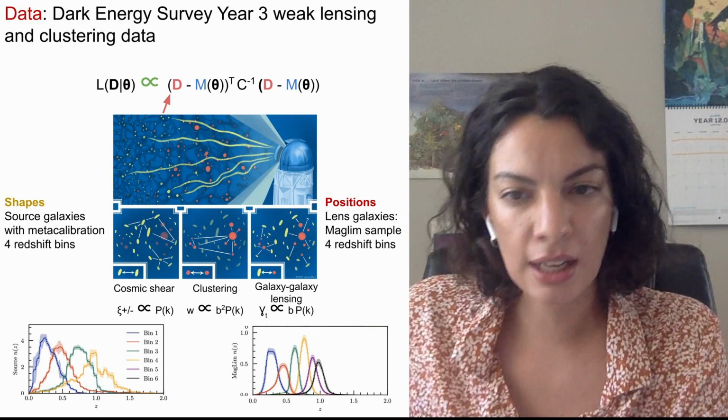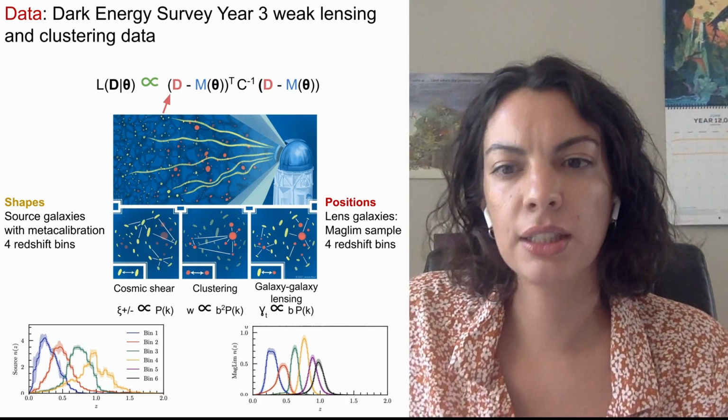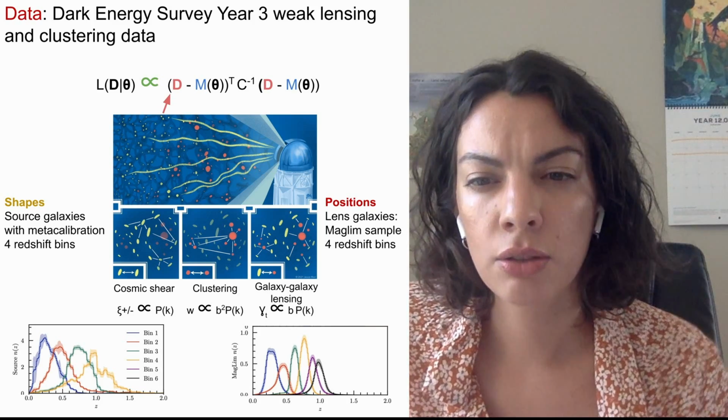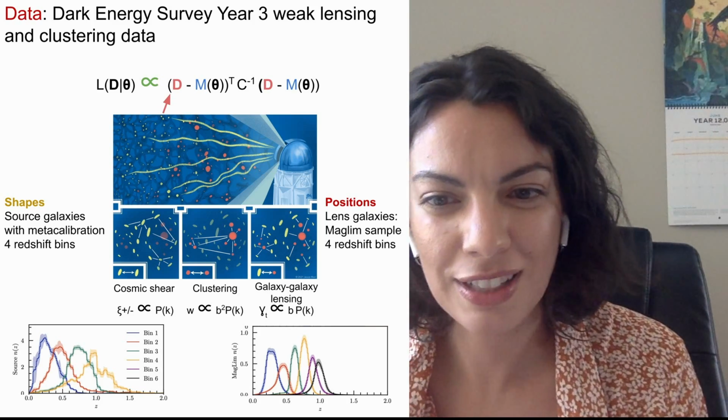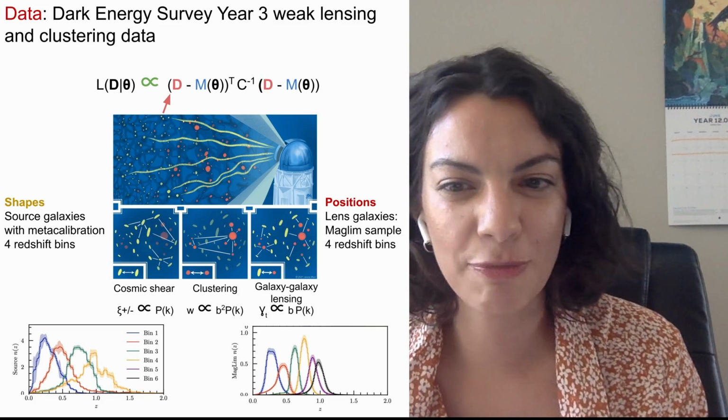And for the lens galaxies, we use the MagLim sample in 4 redshift bins. So you might see here at the bottom right that there are actually 6 curves, there are 6 redshift bins,